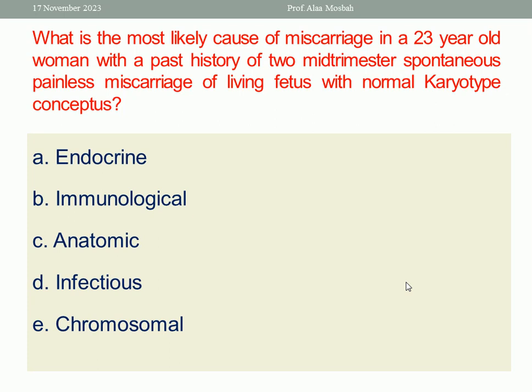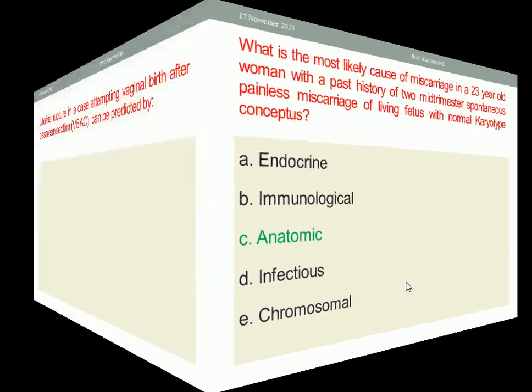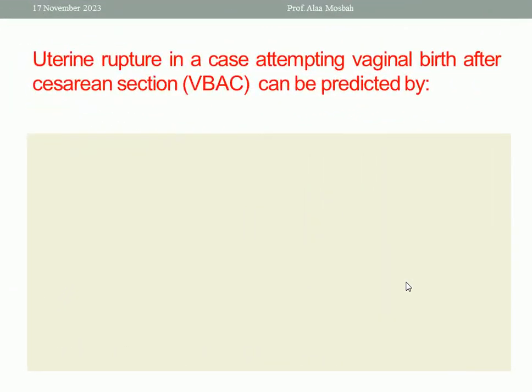And at the end of this quiz, please write your score and comment out of 10. Okay? Okay, the one best response here is anatomic cause. Okay, anatomic cause. Next,